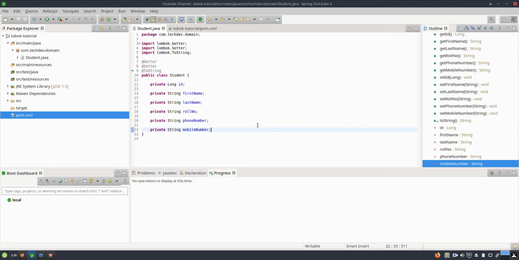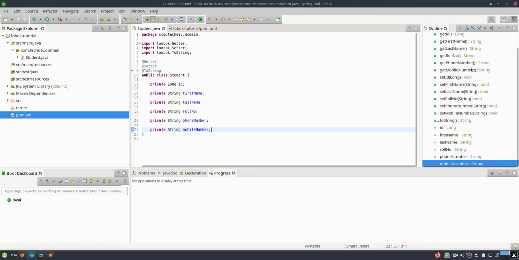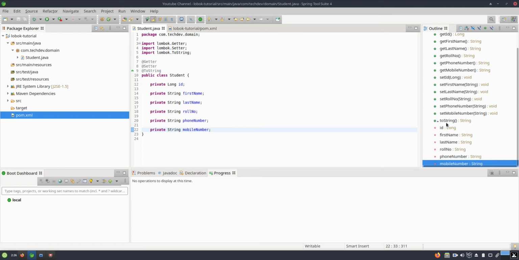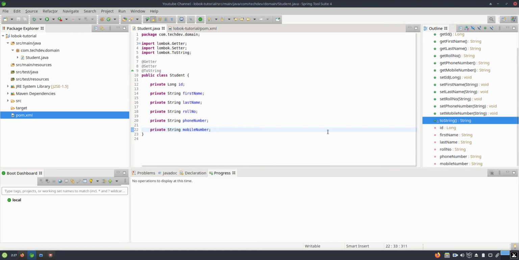You can see, guys, without doing anything, the getter and setter methods are available for the mobile number field, and it will also be available in the toString method automatically. So this is the basic advantage, or biggest magic, provided by Lombok.